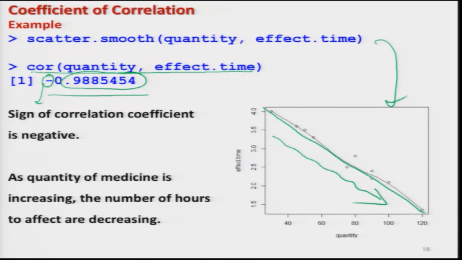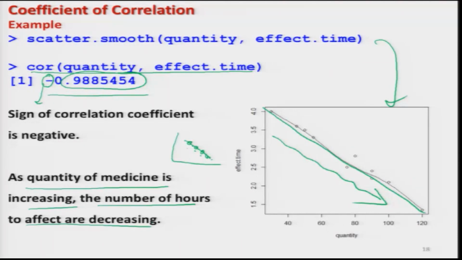The maximum value is 1. In the case of 1, what will happen, that all the observations will be lying exactly on the line, whereas in this case this is just 0.988. So, it is very close to the line. So, now this gives us information and confidence that we can use here the concept of correlation coefficient, and this degree is coming out to be 0.988. So, now I can conclude that as the quantity of medicine is increasing, the number of hours to effect are